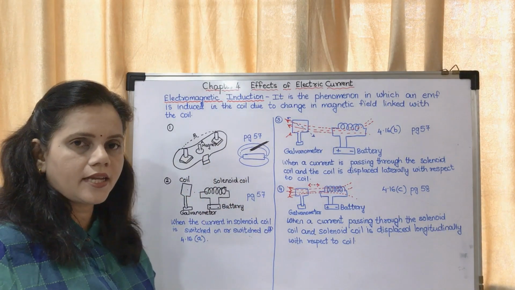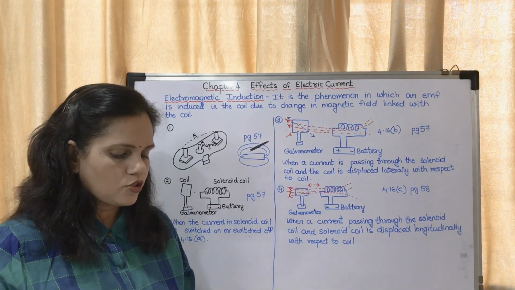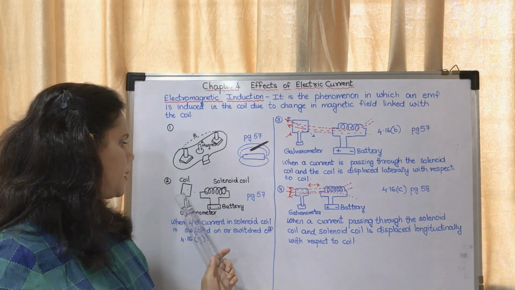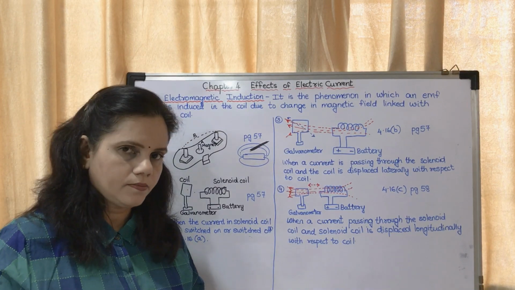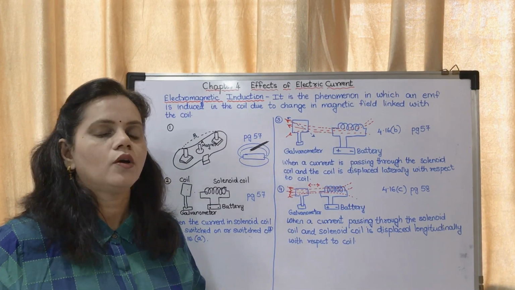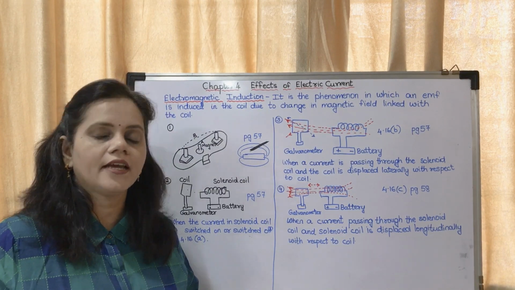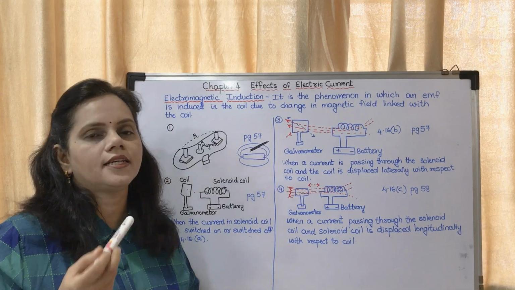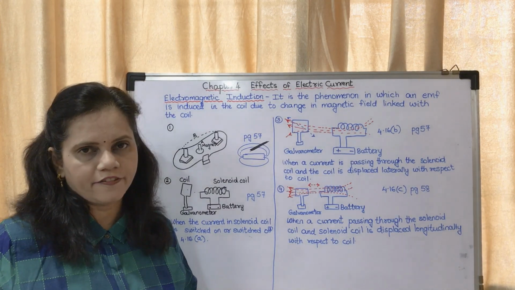Do you remember the diagram of the solenoid? On both sides you had drawn the field. So it will cut. This is placed in the magnetic field. When you are putting it on, then there is a magnetic field. When you are putting it off, then there is no magnetic field. Again, when you put it on, there is a magnetic field. When you put it off, there is no magnetic field.